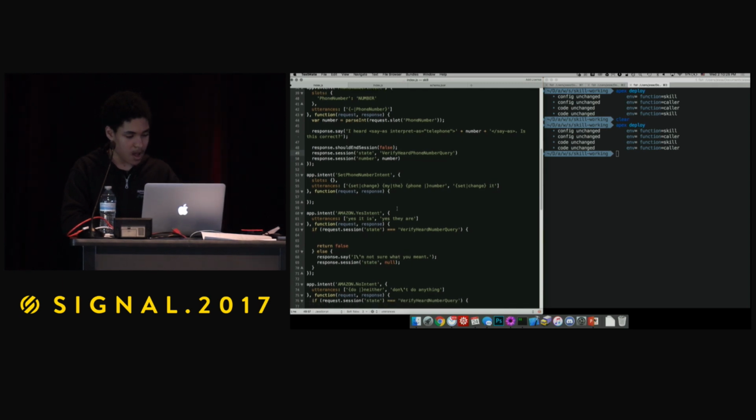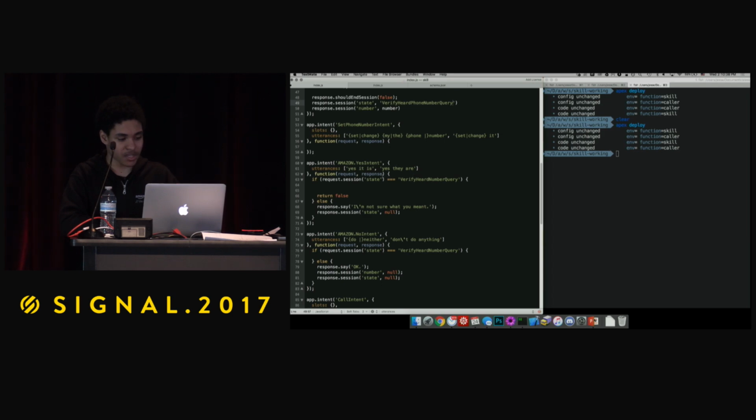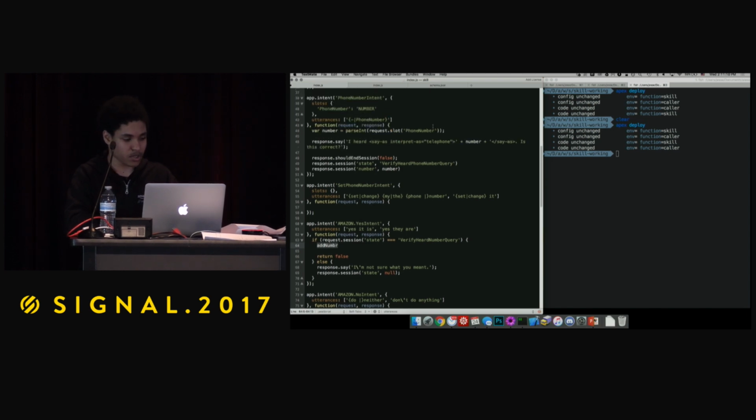Okay. So since I'm running a little short on time, I'll ignore if they say no, basically, and assume the user is always going to say yes, that number is correct. So down here at yes intent, you'll see that we're checking if the state is verify heard number query, which we've defined right up here. So if that is it, and the user says yes, that number is correct, we'll add the number to the database. Okay. So since it'll be passed as a string again, you can't store just an integer in a session variable. We'll need to really just copy the same thing up here, except it is